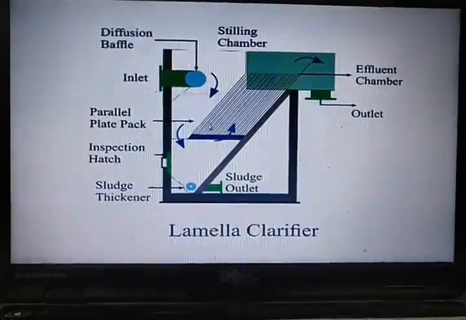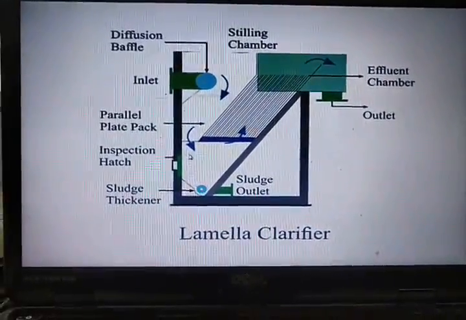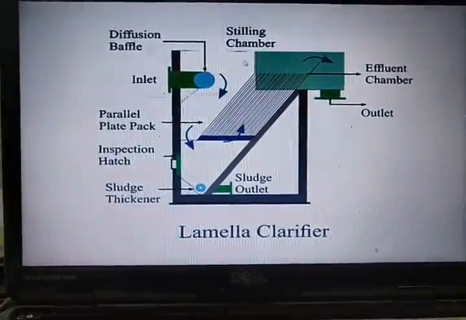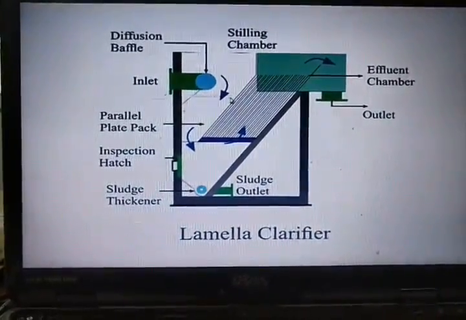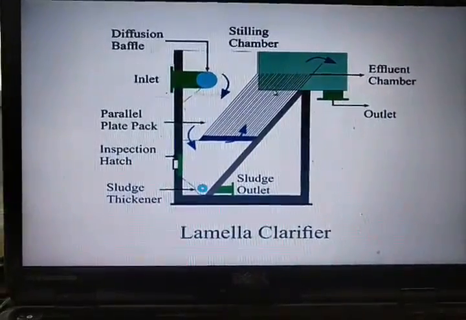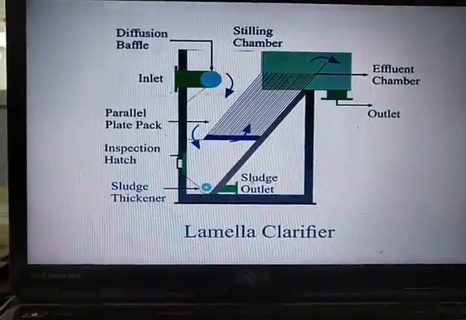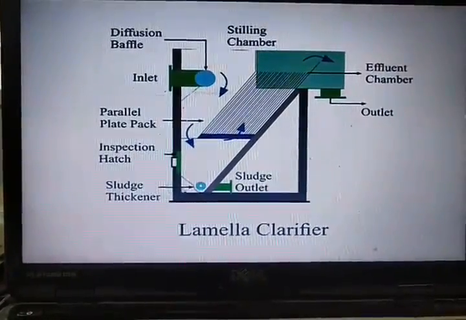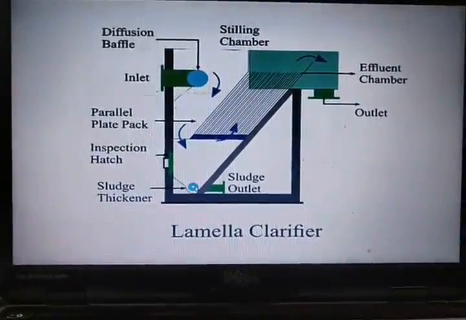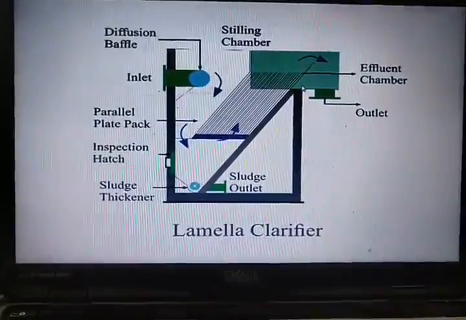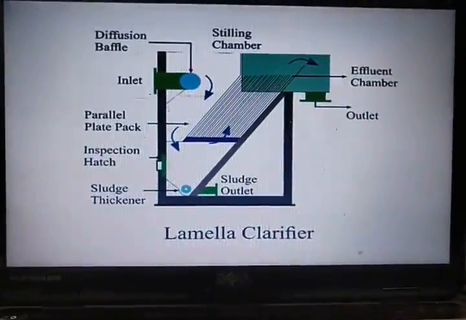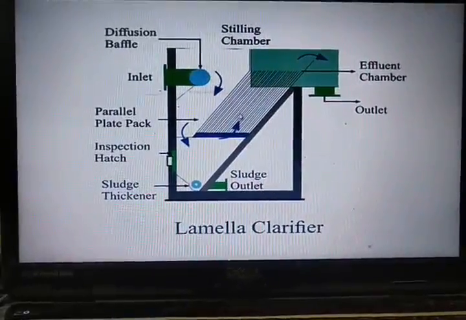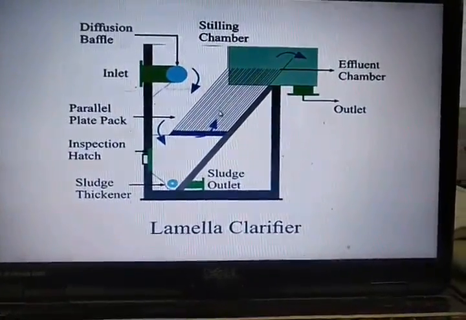As you can see, the plates are arranged here at an angle of 30 to 60 degrees against the flow of the water, and this is the stilling chamber wherein the water is allowed to stand in quiescent conditions. And this is the sludge zone, where the sludge is settled, and sludge can be thickened, treated or processed further depending upon the available sludge treatment technology. And this is the effluent channel, through which the water can be taken out. For the same cross-section of a sedimentation tank, we can additionally install the plates here; that is called a lamella clarifier or plate settler.